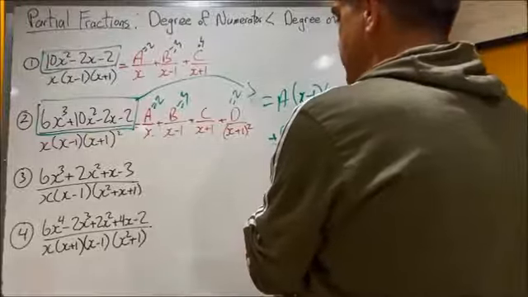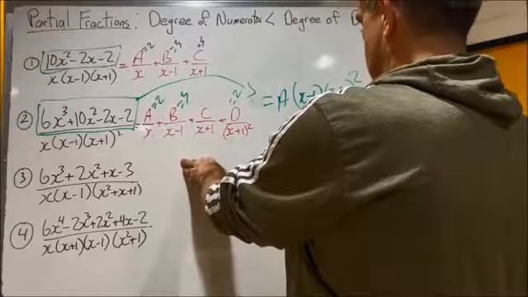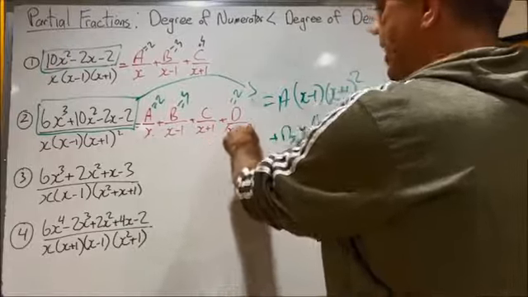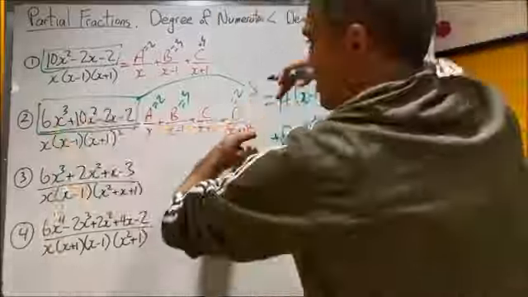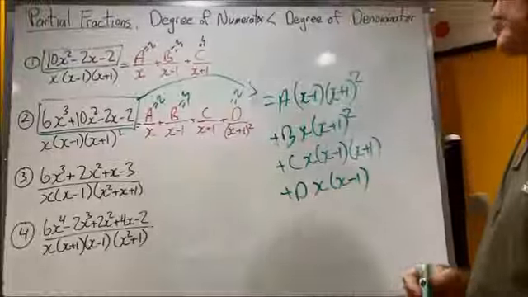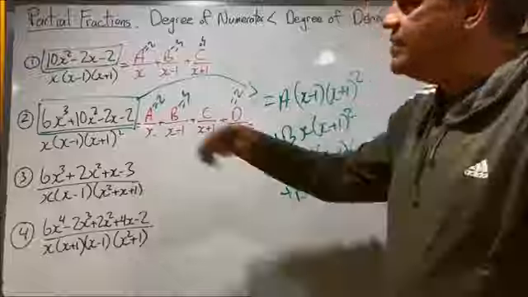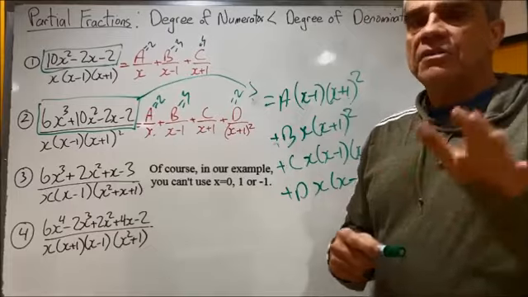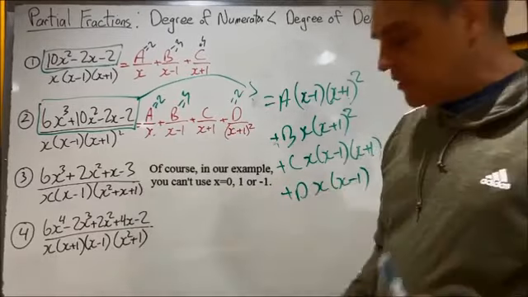And of course, plus d, and what d will have is a d times x minus 1. Because d has x plus 1 squared, so when you multiply all this over here, the x plus 1 squared cancels out and just leaves d multiplying by x minus 1. Now this is the point where you probably learned in school, okay, pick an easy number, put in like x equals 1 or 0. You don't have to do that anymore. I don't think you should waste your time doing that. Because you can quickly just get the